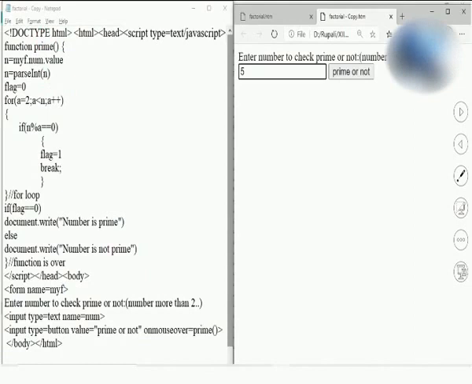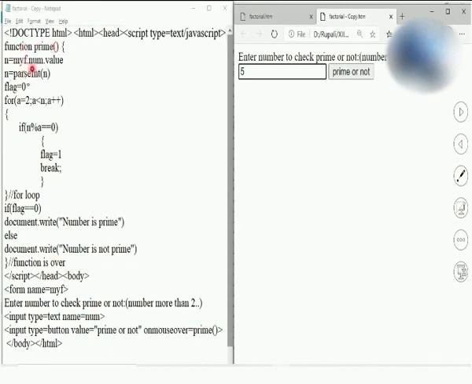For question number 8b, this program is very important, and all the event driven programs will be asked in question number 8b. So you need to remember all the syntax of this program, as well as how to write an event driven program by using the form. Students, observe over here, it will call the prime function. In the prime function I have fetched the value by giving the name of the form dot name of the text box, meaning myf dot num dot value.